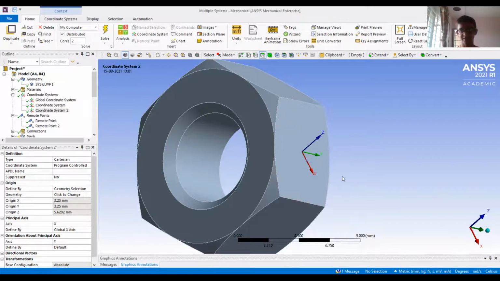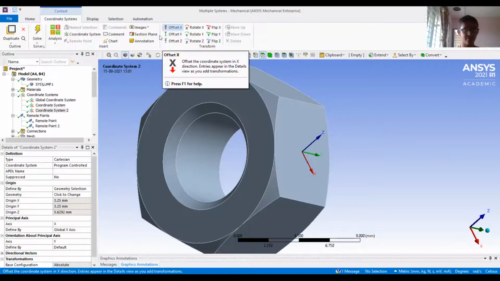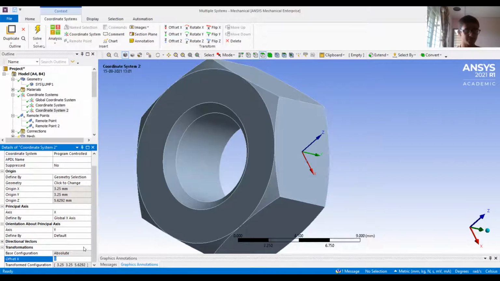So that's the basic point. That's the starting point. If we want to modify the coordinate system, go to the coordinate system tab on the top panel, and there are options where we can offset the coordinate system. The same options were available to you where you can see over here in the left panel of the details. So they are frozen right now, but if we select on offset X, the offset for X is taken into